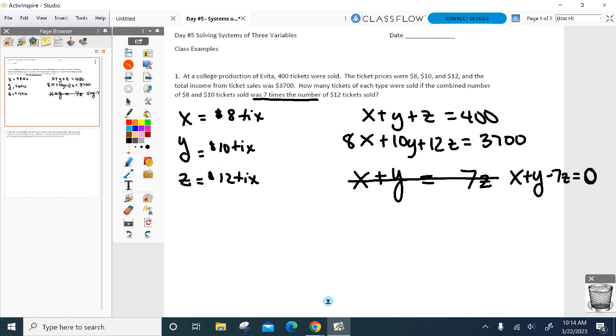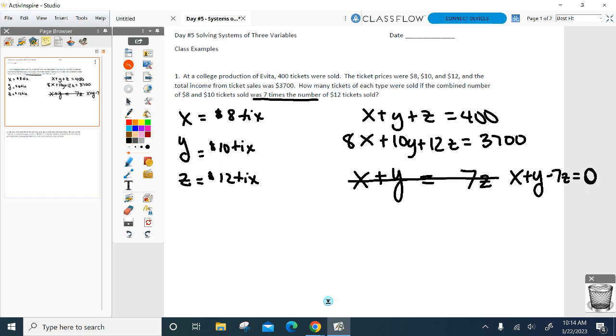Any issue with the 3 equations? Because solving it is a different ball game now. Any questions with those 3? All right, ready. First step to solving: pick 2 equations and eliminate a variable. I don't care which 2 you pick, but you have to pick 2 and then eliminate one of the 3